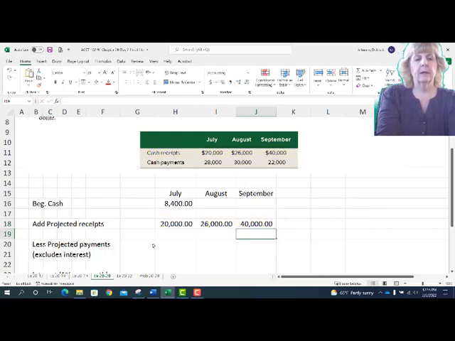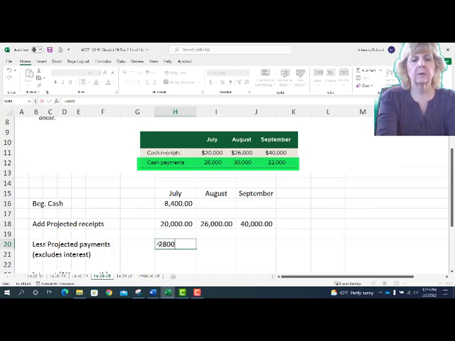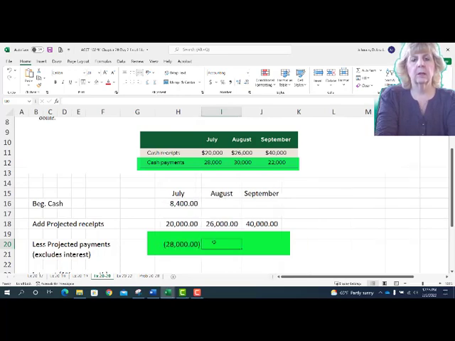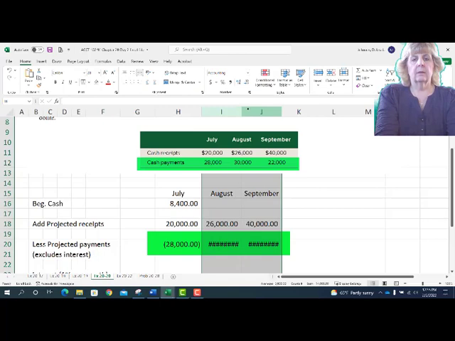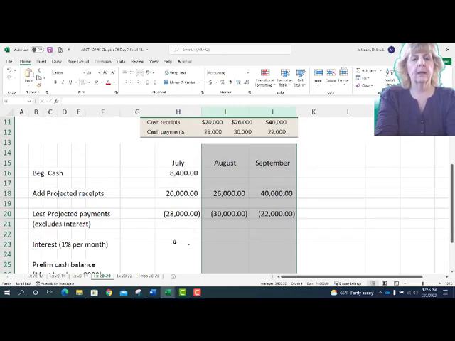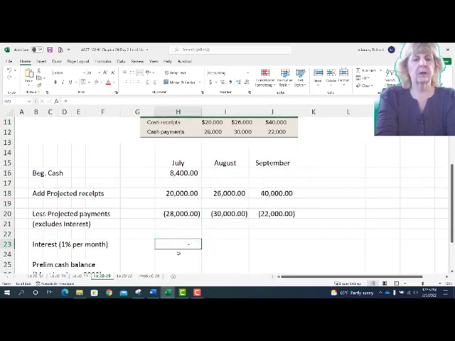And then the projected cash payments, I'm going to enter with a minus sign in front of them simply so Excel, which I'm using on this schedule, can automatically know that that's subtracted out. So again, I'm just copying from the schedule they gave me. And it's a little annoying when the columns aren't wide enough, trying to keep everything on the same screen for the video here. The interest, we know in the first month there was no loan,